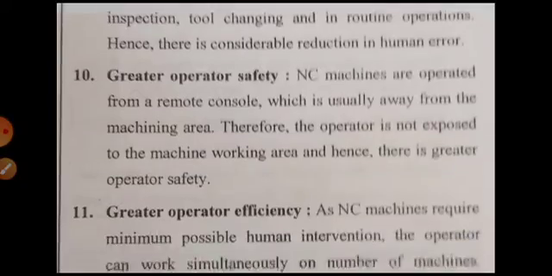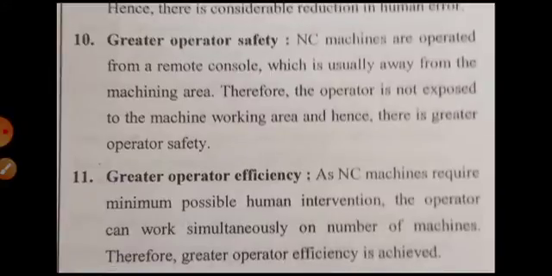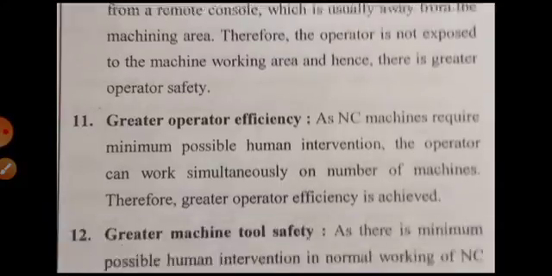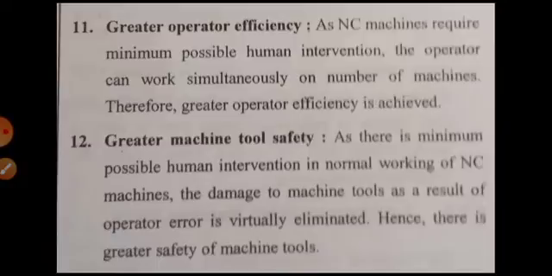The greater operator safety. The NC machine is operated from a remote console, which is usually away from the machine area. Therefore, the operator is not exposed to the machine working area, and hence there is greater operator safety. Then greater operator efficiency, as NC machines require minimum possible human intervention, and the operator can work simultaneously on a number of machines.